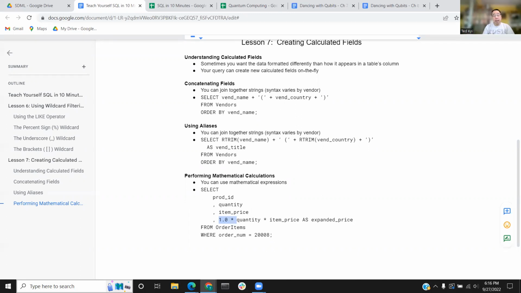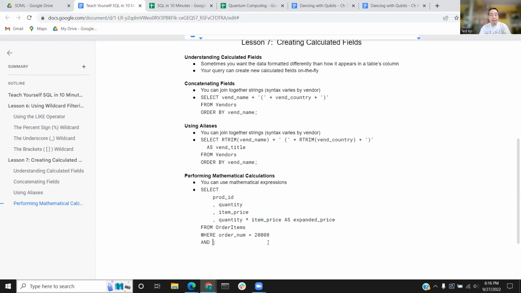All right. So the other thing I'm going to mention, which I've already sort of said, but I'm just going to repeat it more explicitly, is this chapter, this lesson 7, only talks about putting expressions like quantity times item price in the select fields, okay? But I'm just letting you know, any place where you could have a column name, you can use an expression instead, okay? And so I could say, oops,